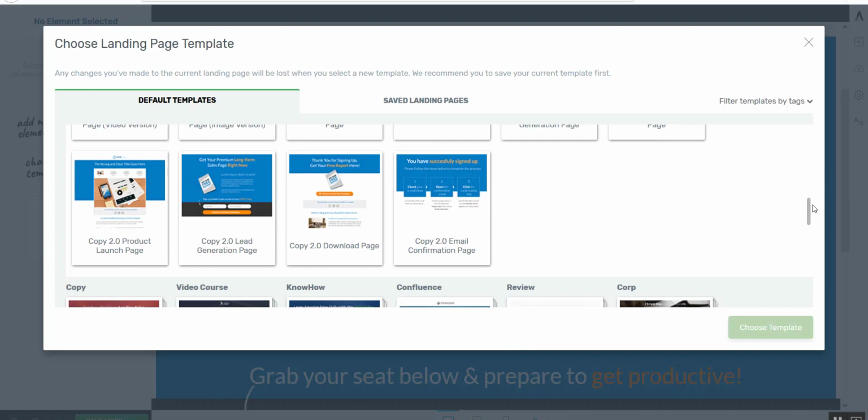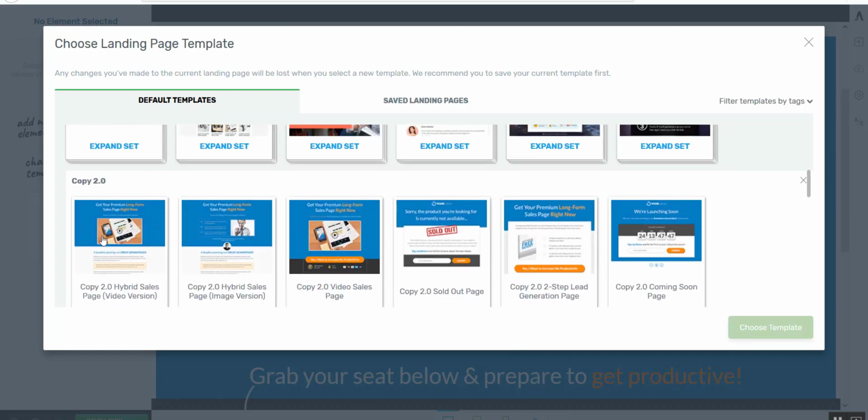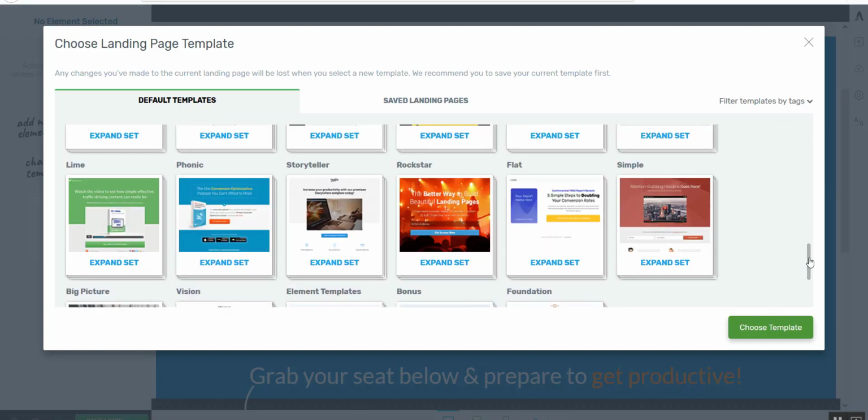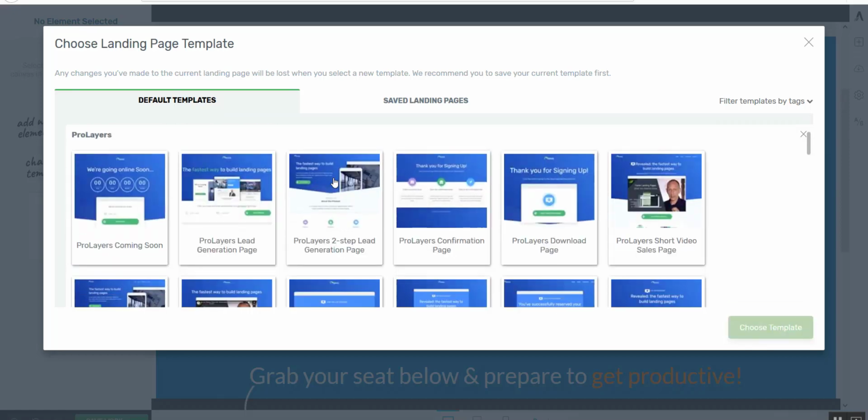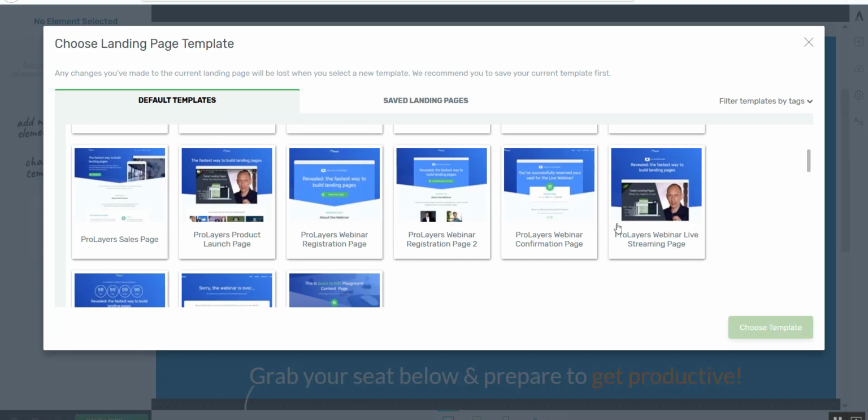I'm going to look at this. Coming soon. Launch page. Well, again, you could use any of these as a thank you page. Confirmation page. You could do something like this. Thank you for signing up, or this download page, and convert it to the webinar registration. Okay, webinar confirmation page. You could do something like that. On the confirmation page, you would want to add